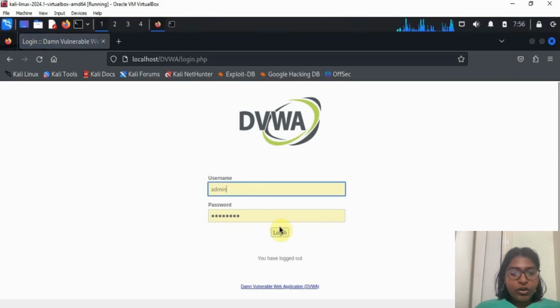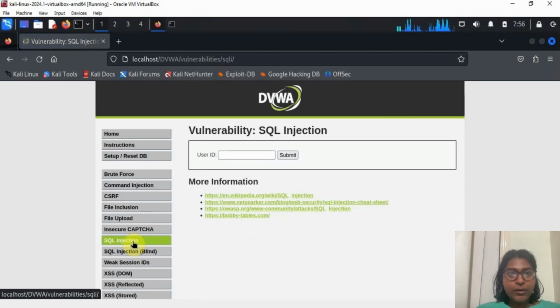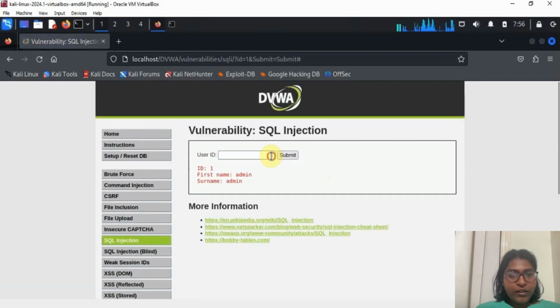This week, my topic is utilizing the HackBar add-on for SQL injection in DVWA. First we need to install DVWA, and then we give the instructions. We just click on SQL injection. We give the user ID 1, and then we navigate to the SQL injection page, and then we open